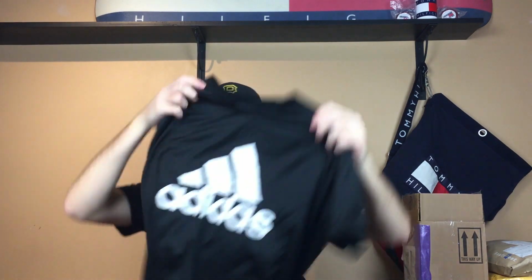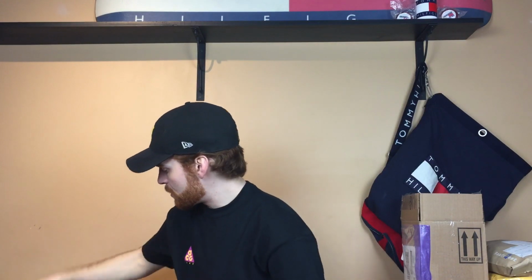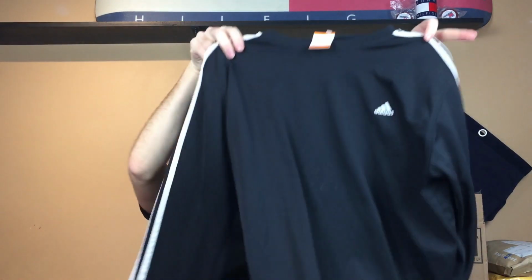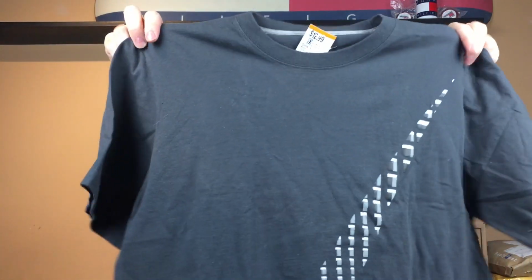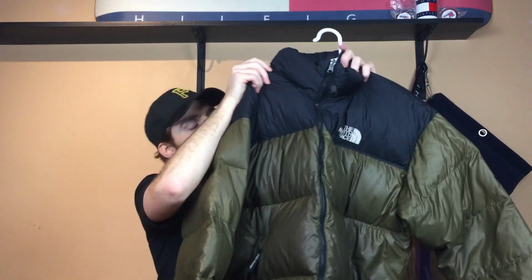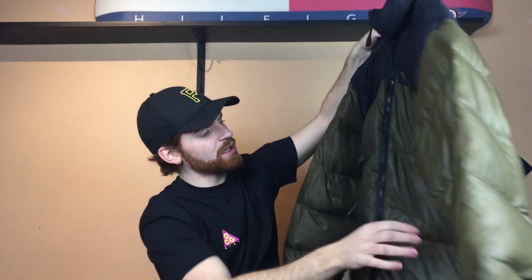We got a nice Adidas shirt, clean. Another one, long sleeve with the stripes down the sleeves and the embroidered logo. That's dope. Also, a Nike big carbon fiber style text swoosh. That's awesome as well. And last but not least, we have the vintage 1999 North Face olive green Nuptse